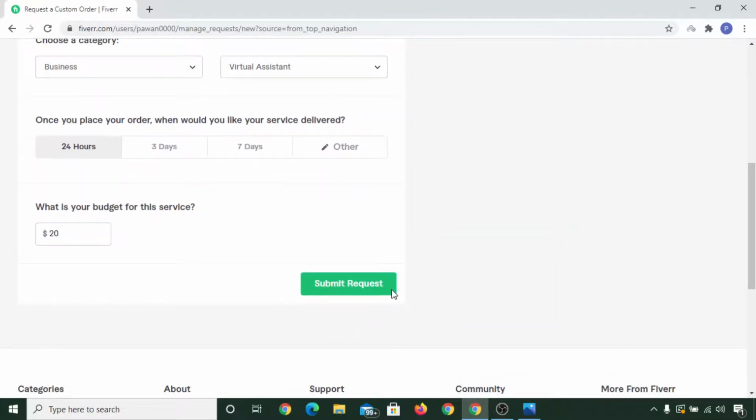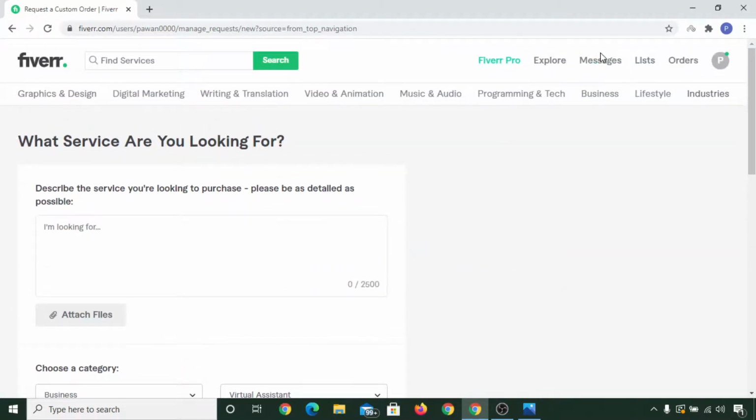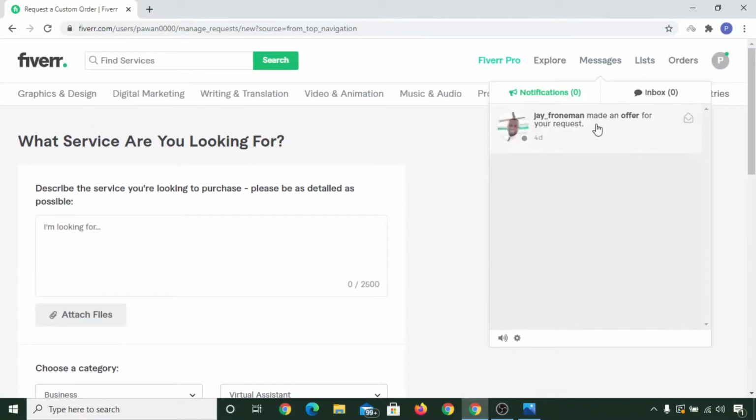So once you do this much and click on submit request, then it will go to pending, and once it is approved, then you will get message here, okay, in this way. And once you click on here, then you can see what they have offered you.